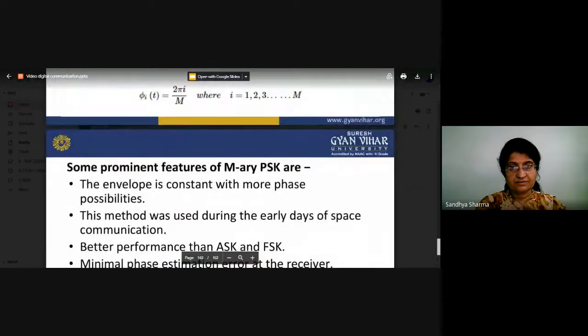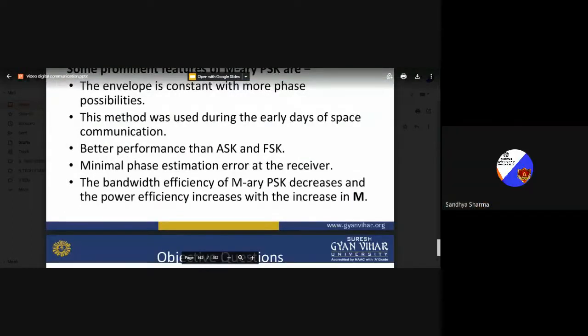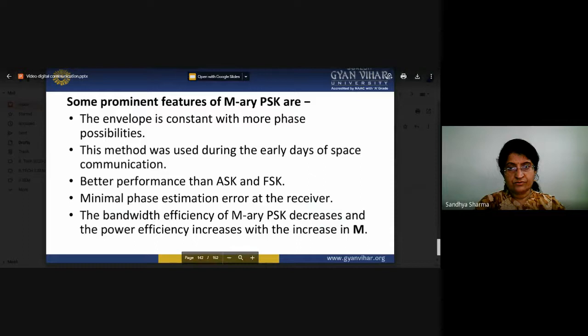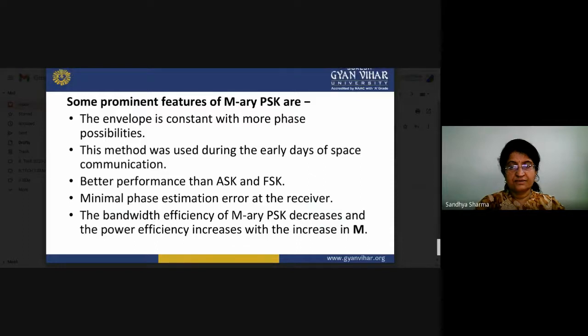So I think again we will revise here. Again we will focus a little bit on the M-array. Initially, you have to be comfortable with ASK, FSK, and PSK, three types of digital modulation techniques. And apart from that, if you want to increase the information rate, you have to reduce the transmitting time of one symbol. But apart from that, there is no possibility to reduce the transmission duration of one symbol at a time.